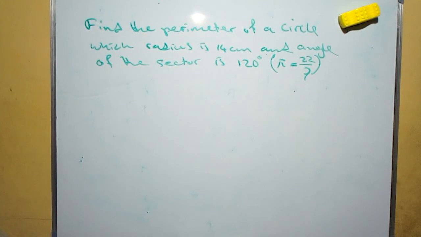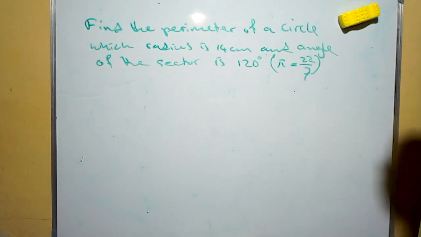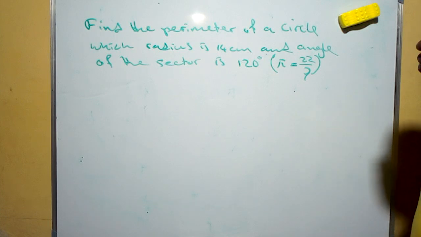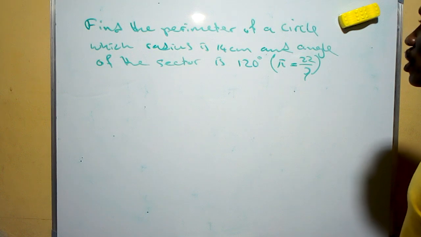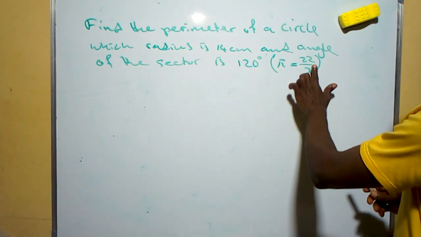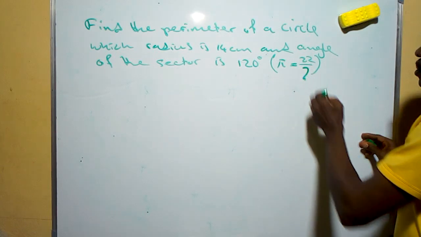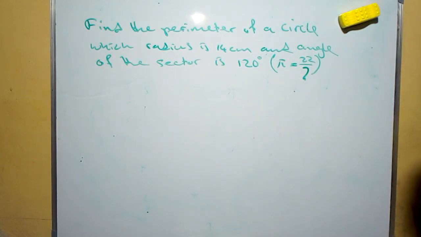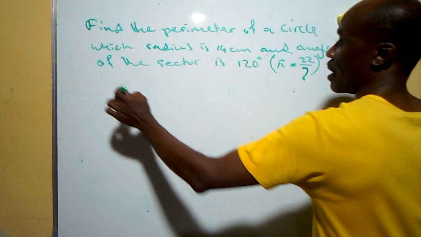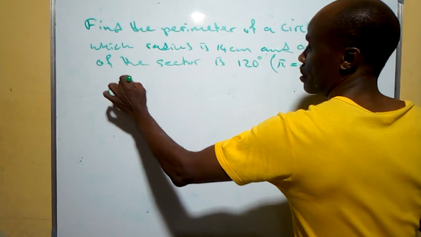The next one we have here says find the perimeter of a circle whose radius is 14 cm and angle of the sector is 120. Now the pi is also the same thing. It's still the same. So in this case we have an angle of a sector, and we know that the perimeter in this case will be